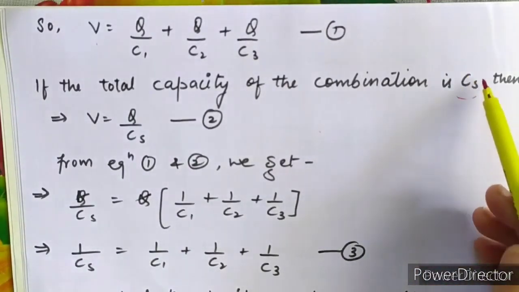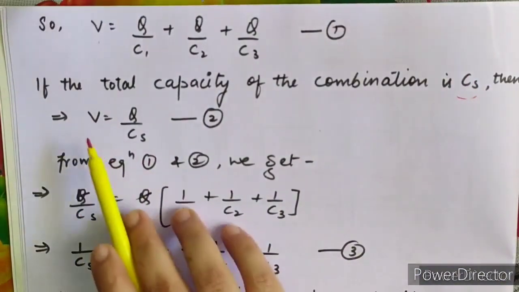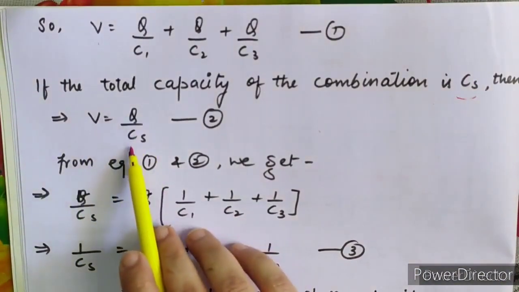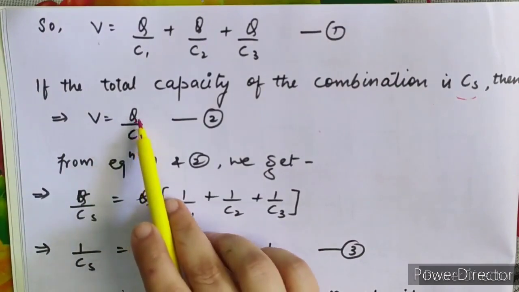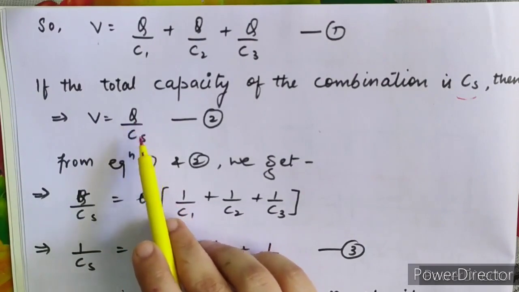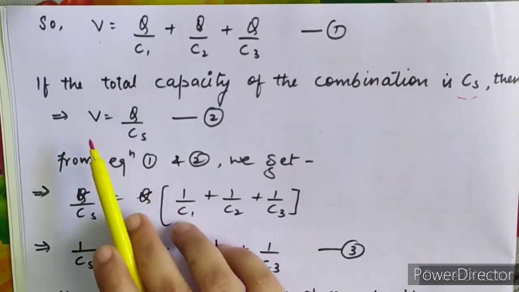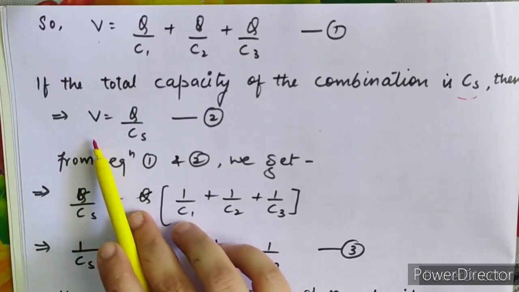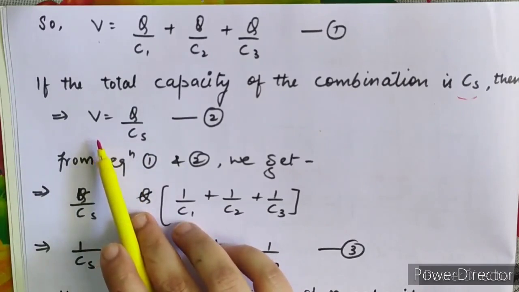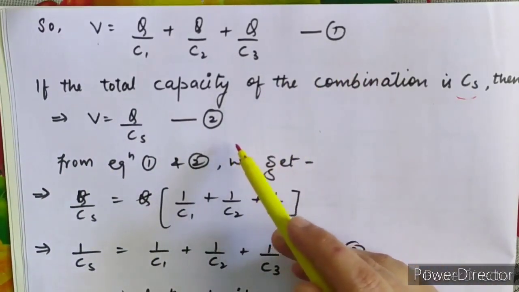Then from the formula V is equal to Q upon C, and here Q is the charge which is present equally in all the capacitors, and CS is the total capacity of the combination, and V is the total potential difference in this combination. Now we are comparing both the equations, equation number 1 and equation number 2,